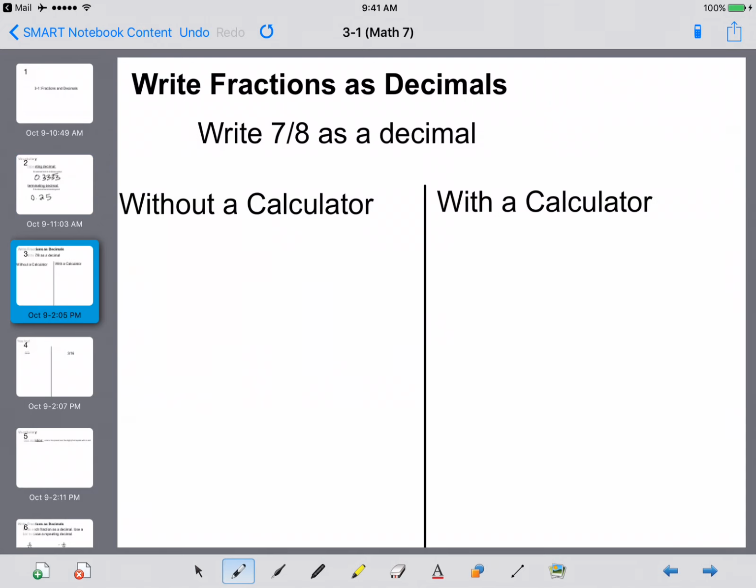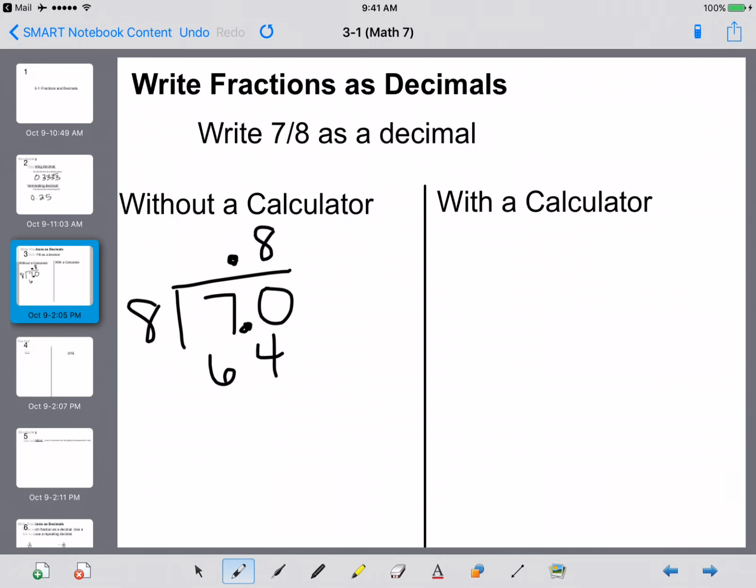So we can write fractions as decimals, and there's two ways to do it. You can do it without a calculator or with a calculator, and I'll show you both ways. So without a calculator, 7/8 is literally 7 divided by 8. So you want to figure out how many times this can go in. So you've got 7 divided by 8. 8 doesn't go into 7, so we need to add a decimal point and a 0. 8 goes into 70